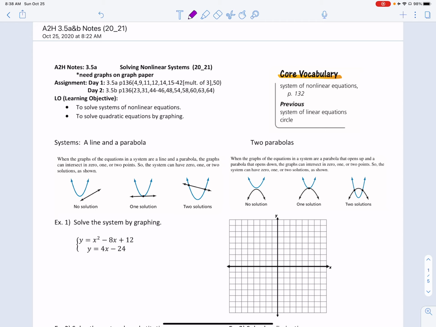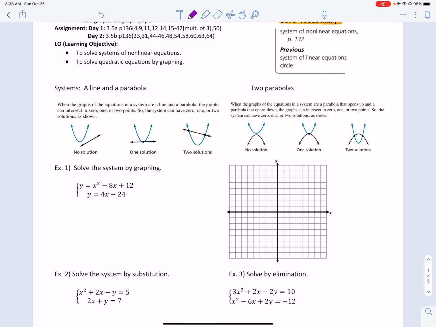They might not touch at all, so there'd be no solution, or they might meet at 1 point and have one solution, or they could intersect and have two solutions. So we're going to look at this both algebraically and by graphing. So the first one is solve the system by graphing. And so you need to just kind of look and be flexible from that other unit in terms of how